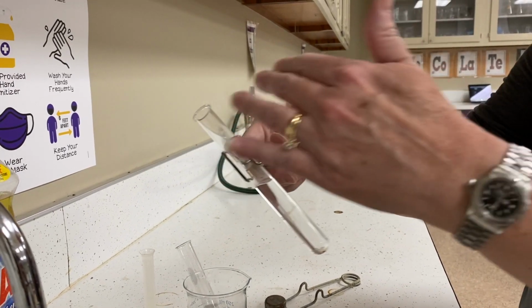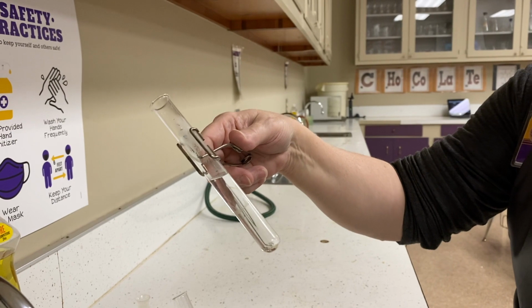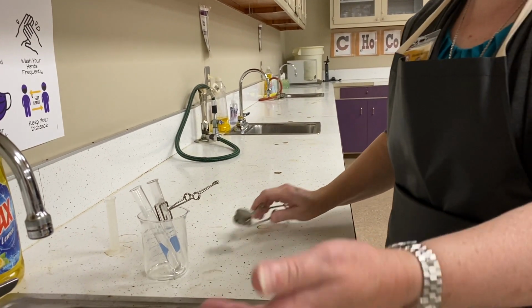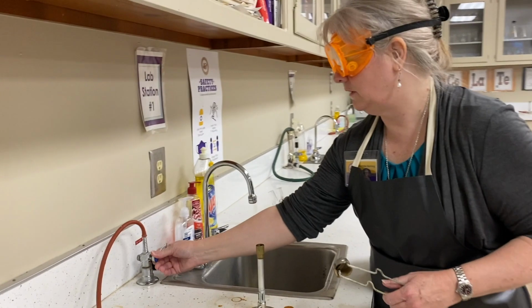I want to keep the tube about halfway and above that water where I will be heating. Okay, so I'm just going to set it down now. I'm prepared to go. I'm going to turn on the burner now and get ready to do my heating. So the technique here is just very simple. I'm going to turn on the gas again,